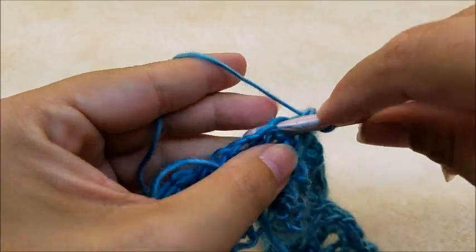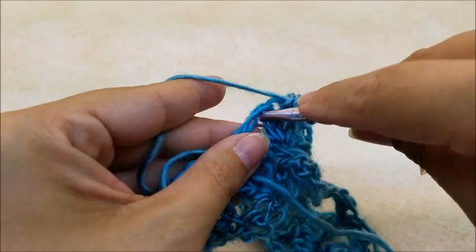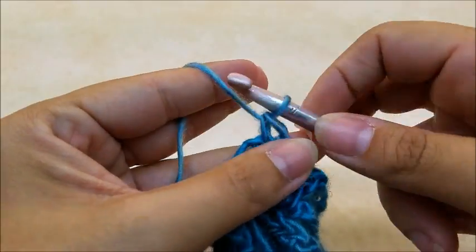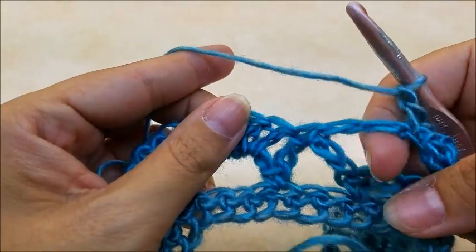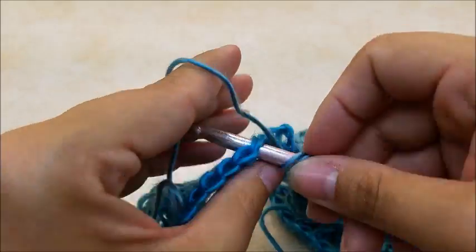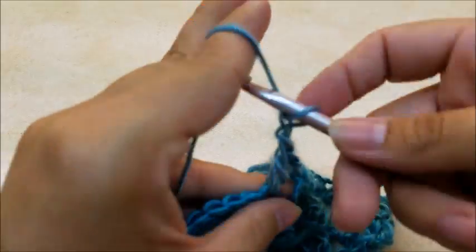So there's 1, 2, and 3. And then we're going to chain 1, skip this chain space, and start again by putting 1 double crochet into the first double crochet, chain 1, and